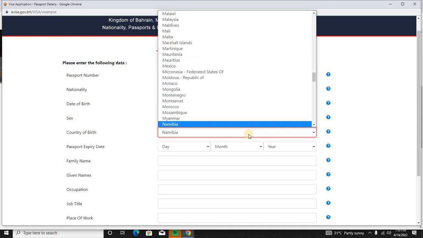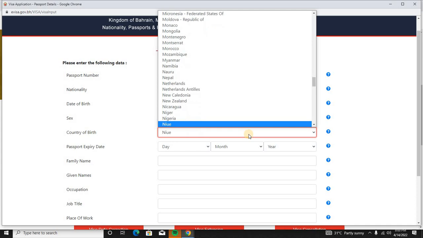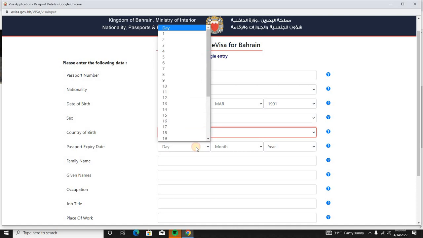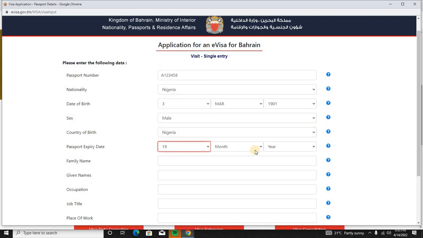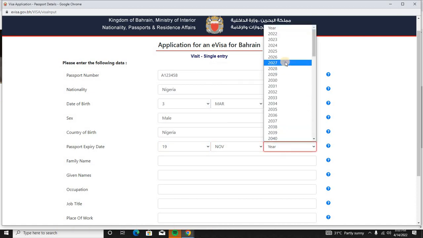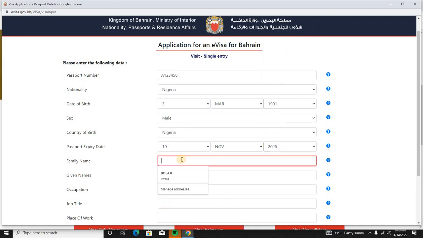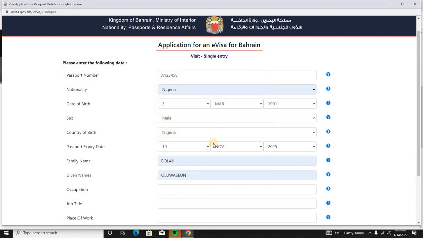If you are from India, Bangladesh, Nepal, you have to select your country of residence, your country of birth. Passport expiring date, so you have to select month, year, let me say 2025. Family name. Occupation, so you need to put in your occupation. Let me just say, okay,